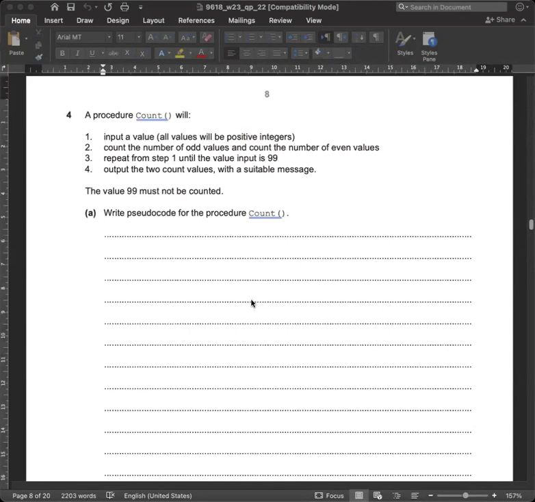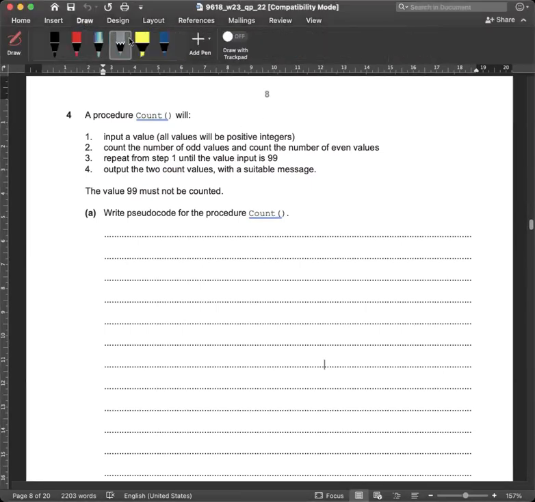Question number 4: a procedure count will input a value. So we are using a procedure. What is a procedure? A procedure is something that won't return a value. We use a procedure to avoid writing the same thing again and again. The name of our procedure is